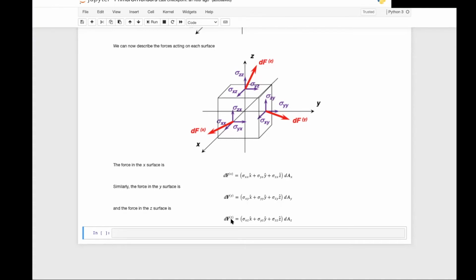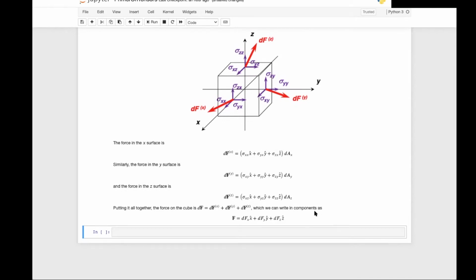three red vectors, which we can write in component form, defining now indeed components of the vectors df subscript x, df subscript y, and df subscript z. Now these ones have components in the x, the y, and the z direction. Now to have this description be equal to this description with the components df superscript x, y, and z given by the sum of the stresses, then we must have